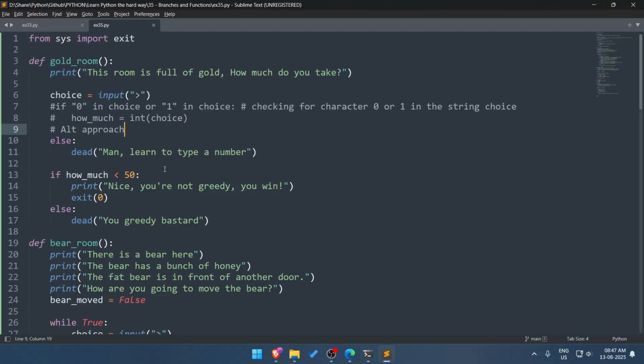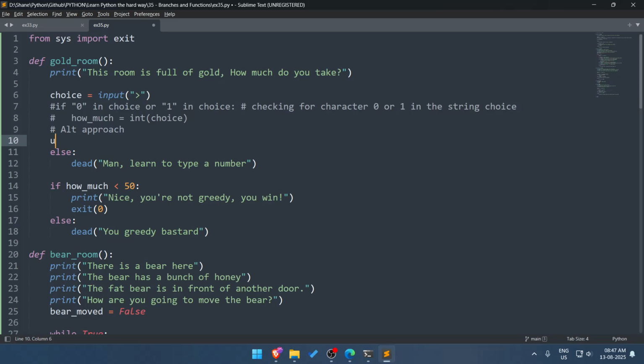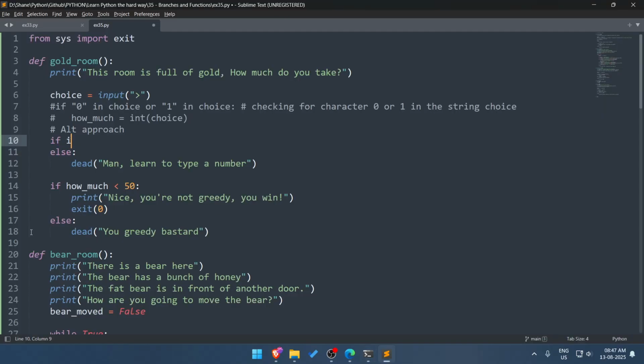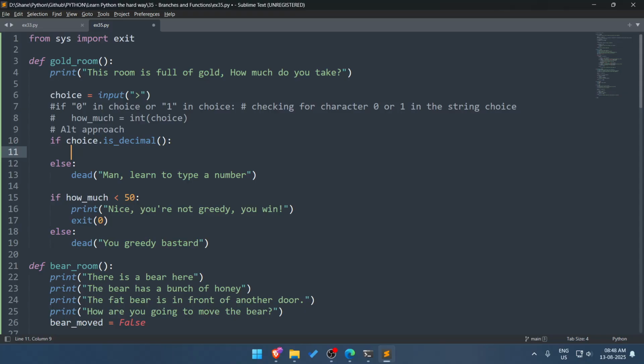Okay, so I can say if, this is a member function, right? If choice dot is decimal, then you can say how much.